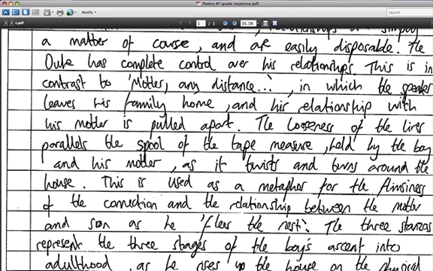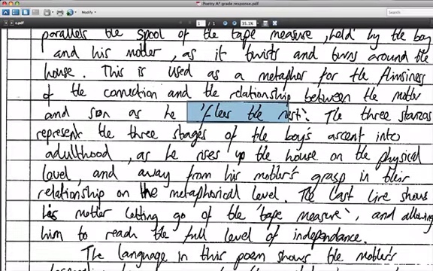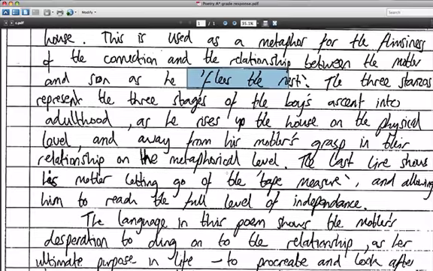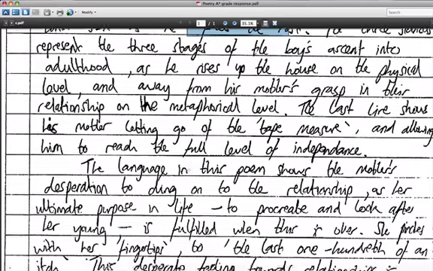Embedded quotation, well used. The 3 stanzas represent the 3 stages of the boy's ascent into adulthood as he rises up the house at the physical level and away from his mother's grasp in the relationship at the metaphorical level, and the last line shows the mother letting go of the tape measure and allowing him to reach the full level of independence. The language in this poem shows the mother's desperation to cling on to the relationship as her